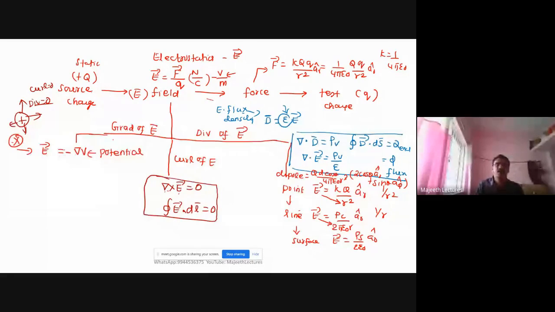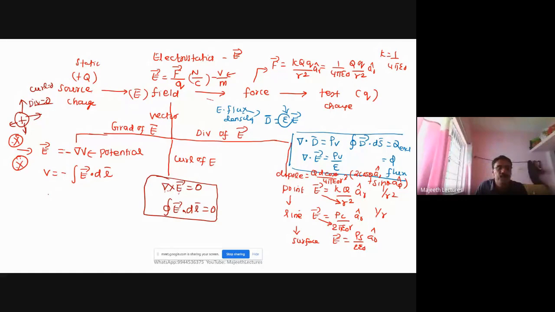We all know that it is very difficult to deal with the electric field because it is a vector. It has both magnitude and direction, so it is very difficult. So instead of dealing with a vector, I want one quantity which is a scalar. That quantity should be equivalent to this electric field. So that is our potential V. So V in terms of E is given by V is equal to minus integral of E dot dl. So these two relations are very important. Surely they will ask questions from this area, right?